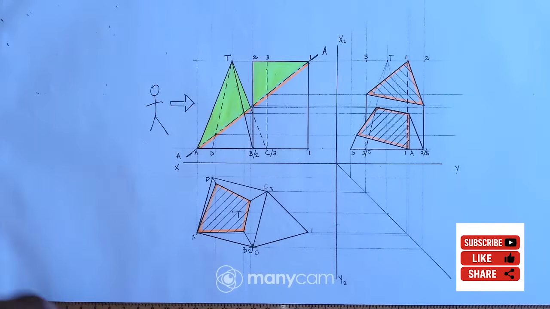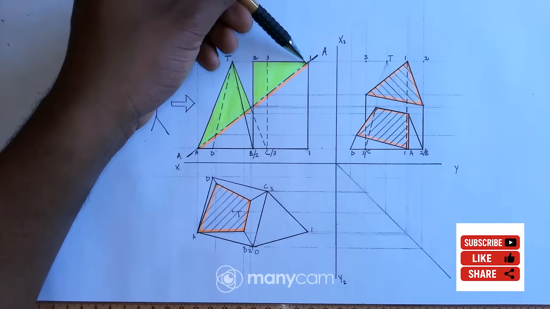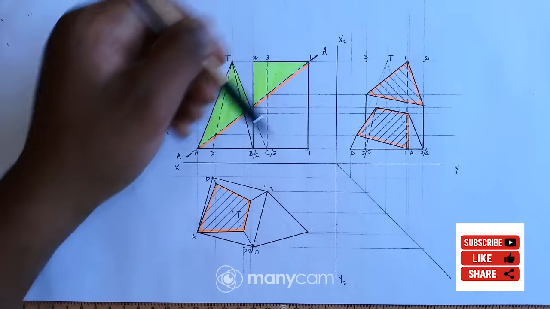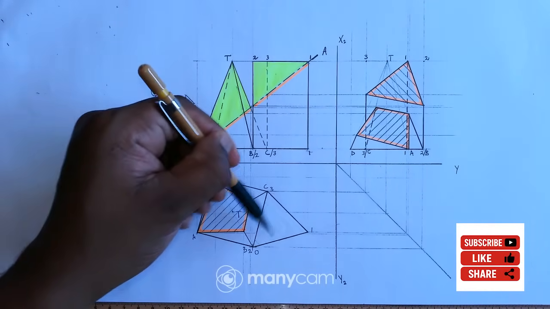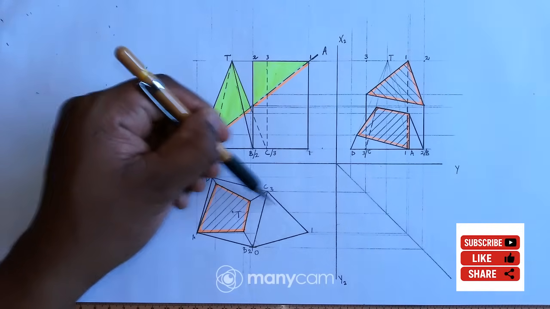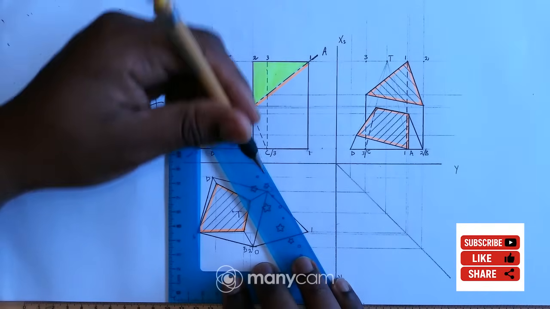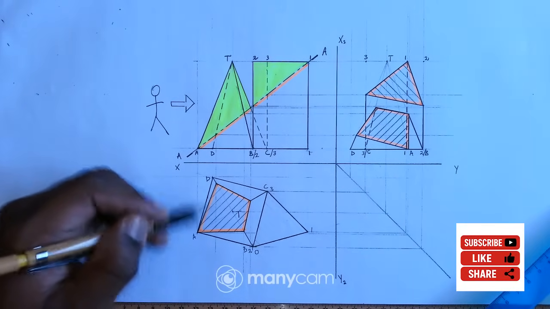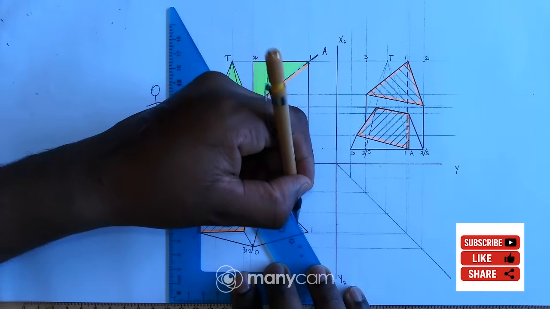So now I'll go back to my sectional top view. For this prism, obviously this part here, the surface of this part is a triangle, so obviously it's the same as the base, so that means I have to hatch the whole section here, this triangle there, so I'll just hatch that, remember, in the opposite direction from this one, so I'll just hatch that surface,